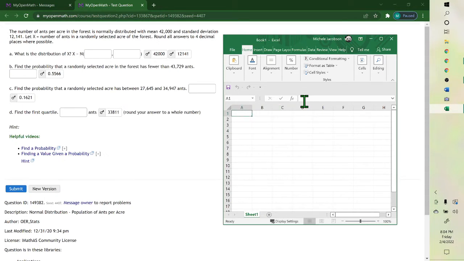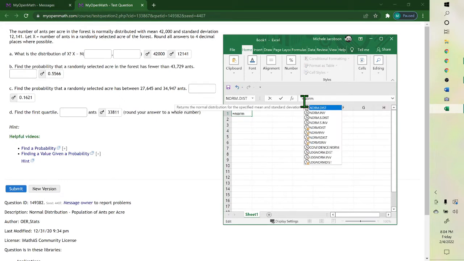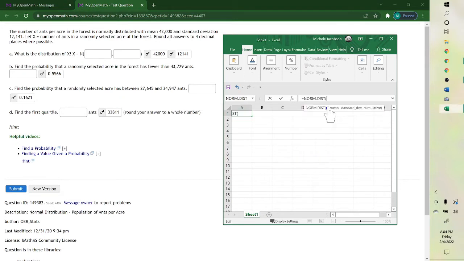So if we're going to use this, we would put equals and type norm. And then you want to use the distribution one because you're given values. So you double click it, then you put your X value, which was the 43,729, comma, your mean,